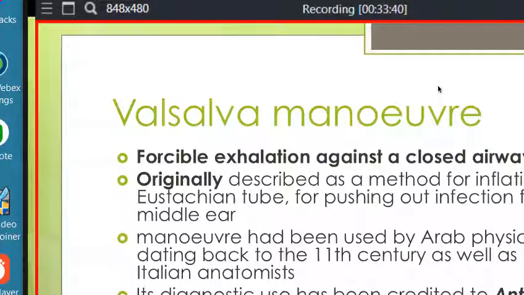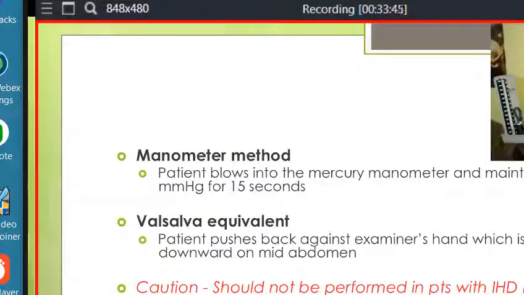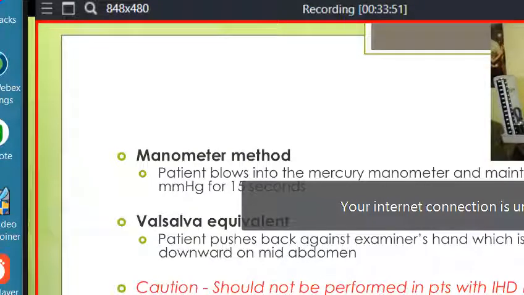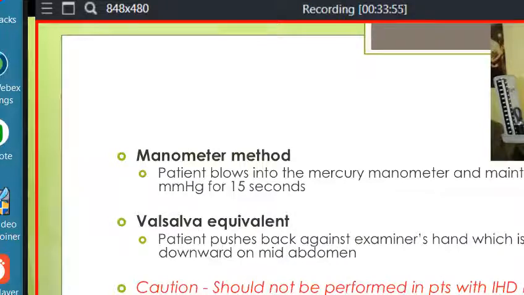The patient actually blows into a mercury manometer and maintains 40 millimeters of mercury for 15 seconds. There's also a thing called a Valsalva equivalent. Caution is that this maneuver should